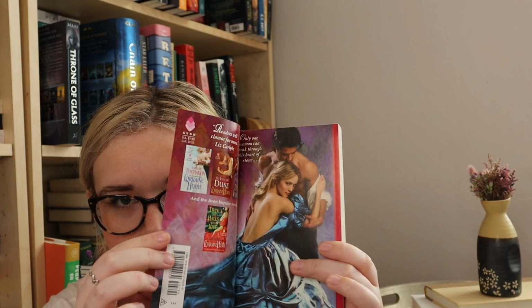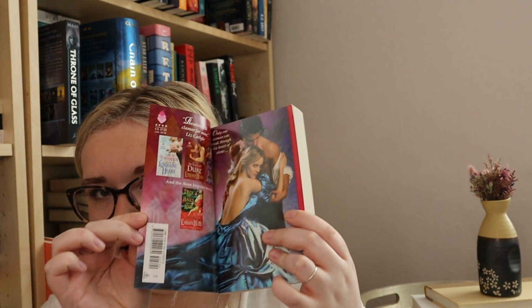I actually, ooh, that's cool. The dress extends. I accidentally got 2 copies of this and I couldn't return the other one, so I just have it now. But yes, that is the end of this book haul. It was pretty long, but I hope you guys had fun. I love buying books, so I'm not going to stop myself because I really want to get a good, solid at-home library, and